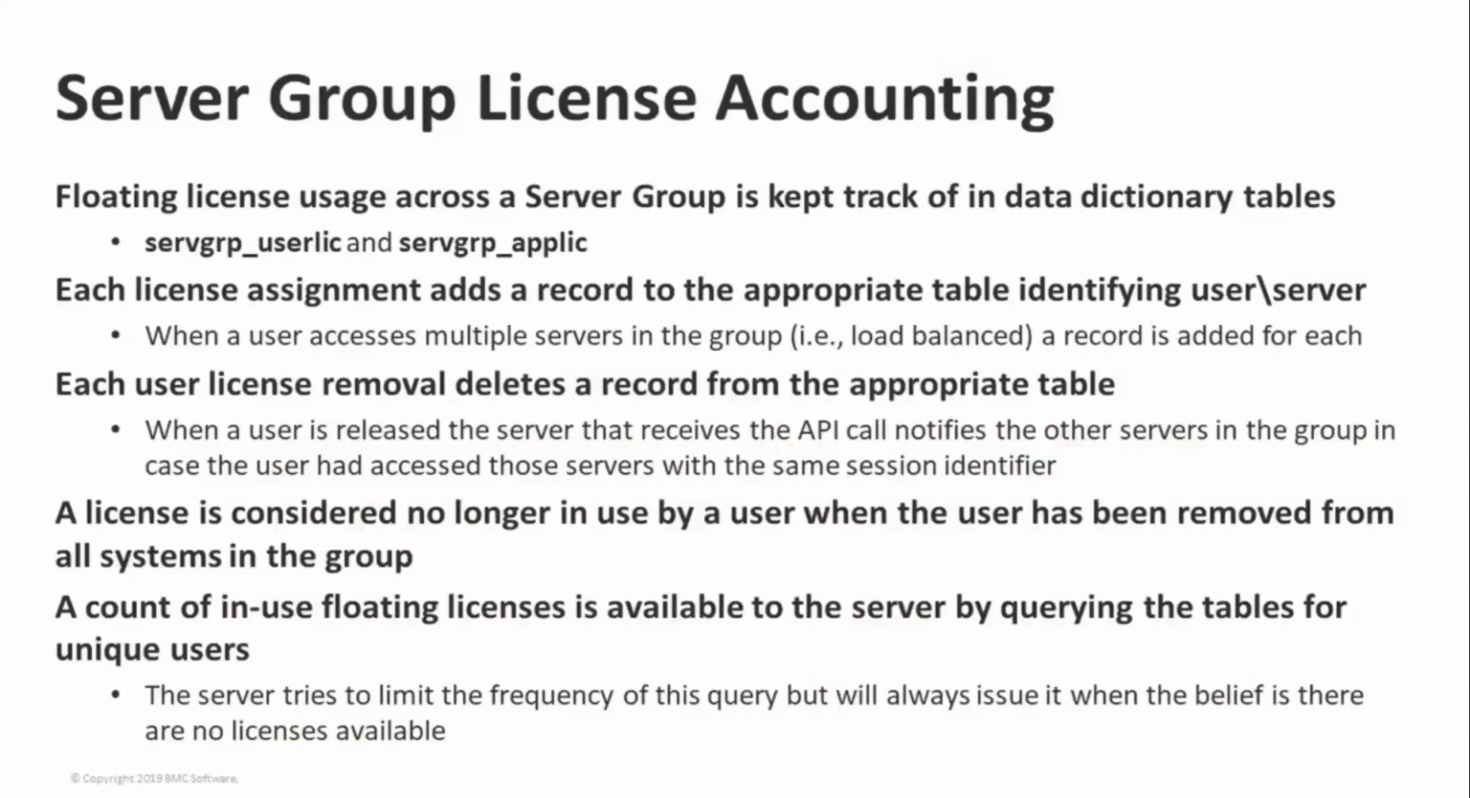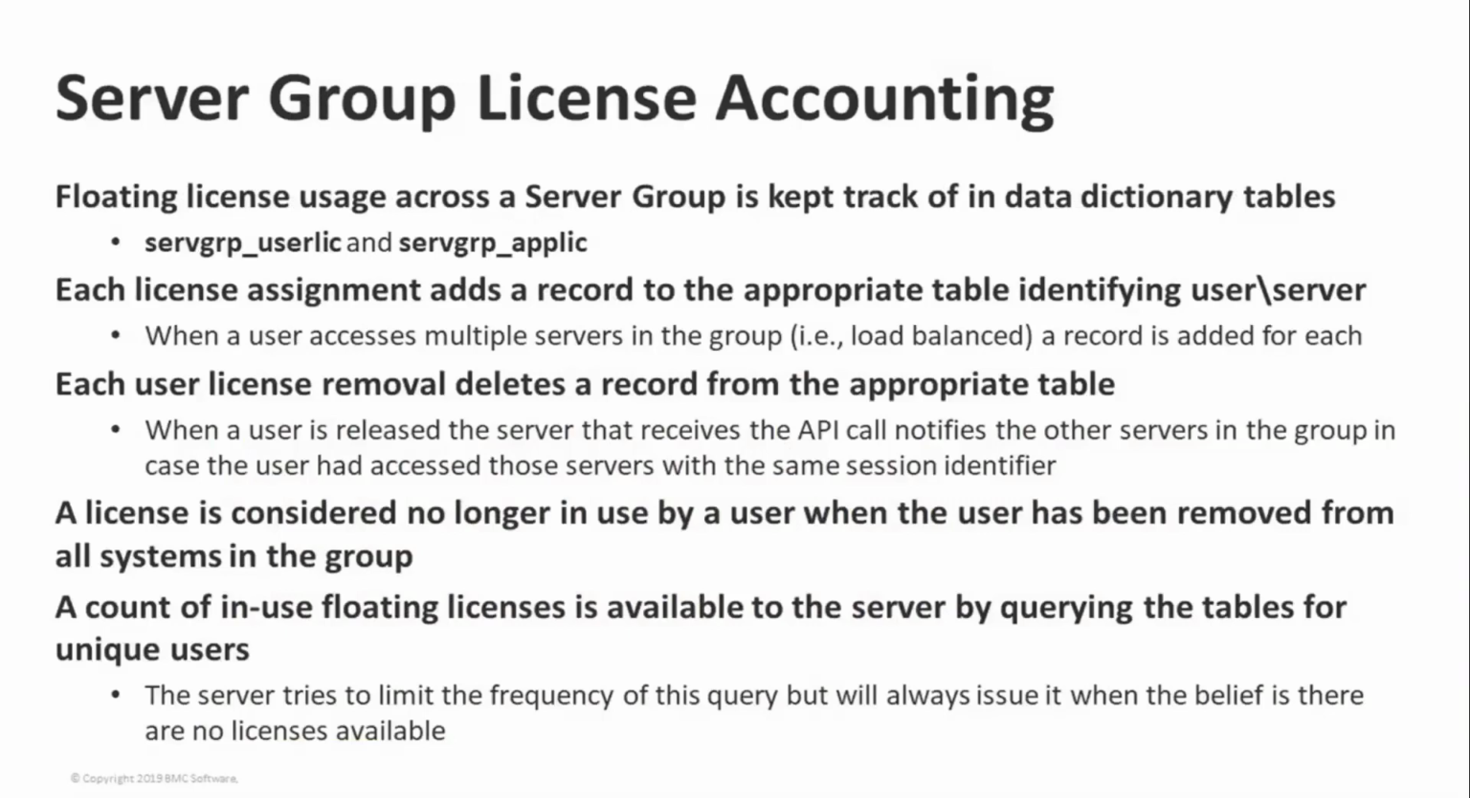Okay, so as I said before, we're going to talk a little bit about the accounting that occurs in the server group for licenses. And the backbone of this accounting is a set of data dictionary tables, one for user licenses and one for app licenses. They're called serve group userlic and serve group applik. And these